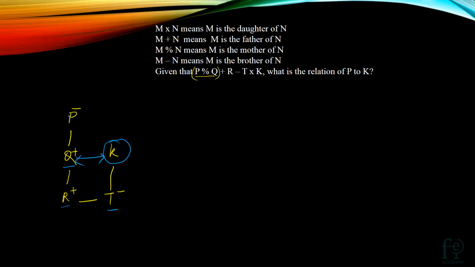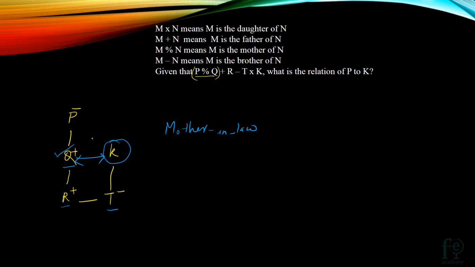So what is the relation of P to K? P will be the mother-in-law of K. Okay, so mother-in-law is the relation. P is the mother-in-law of K. So just by drawing this diagram, the horizontal lines will be representing sibling relationship, and here Q and K are coming in the same level. So that means Q and K are of the same generation. Now just deduce the relationship between Q and K. So easily you can deduce, because R and T are siblings and K is the parent of T.